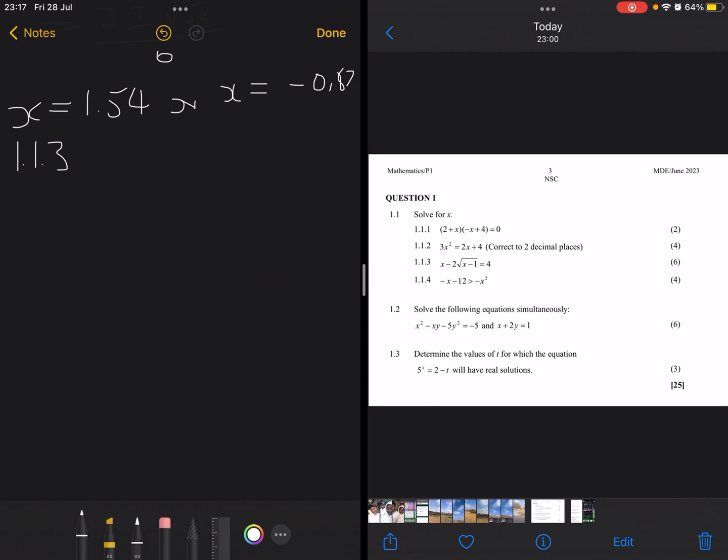The equation is x minus 2 root x minus 1 equals to 4. Now, what do we isolate? We want to isolate the minus 2 square root of x minus 1. So if we isolate it, we will take it to the right hand side and we take the 4 to the left hand side, so that it becomes x minus 4 is equals to